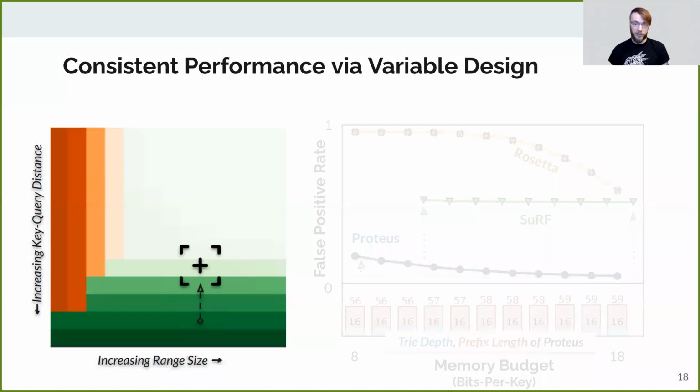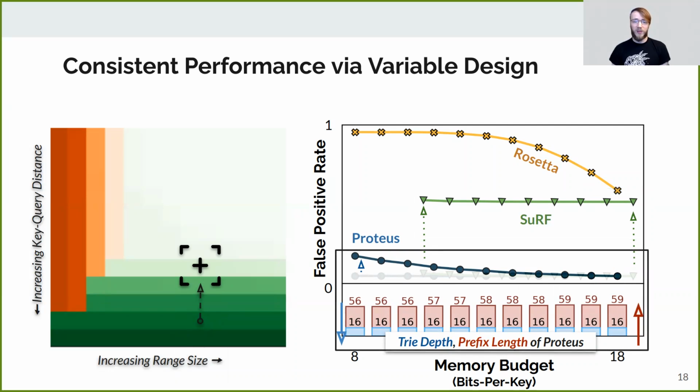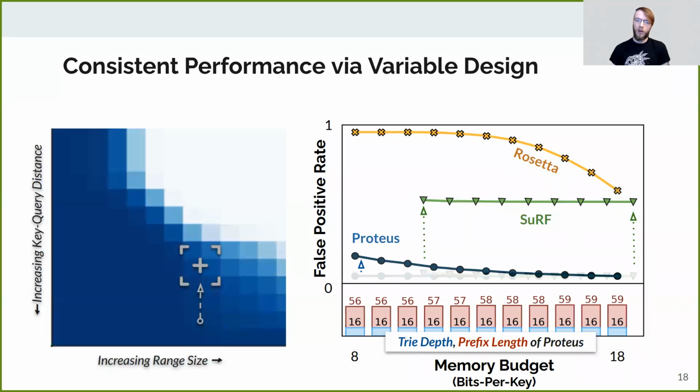Now moving vertically in our workload space, we maintain large range sizes, but now use a mixture of uniformly distributed queries and key correlated queries. In this setting, Surf can only filter the uniformly distributed queries, while Proteus is able to combine the trie and Bloom filter in a complementary fashion to maintain a low false positive rate. Proteus takes a modest hit to performance at the lower memory budgets, but still far outperforms the competition. Through this flexibility of design, Proteus is able to achieve high performance over a much larger area of the workload space, even than Surf and Rosetta combined.